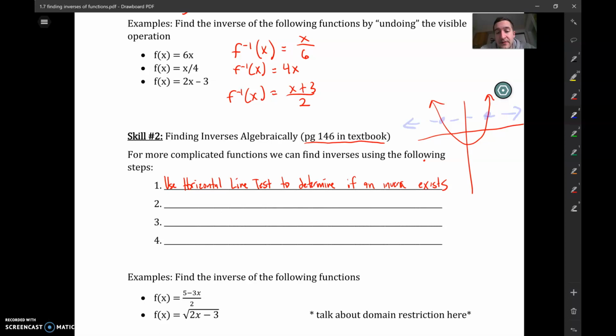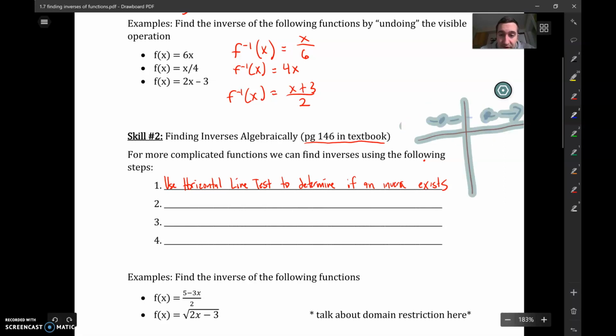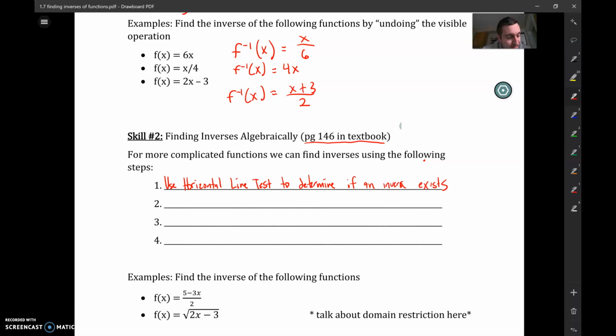Okay? So not every function has an inverse, but any function that passes the horizontal line test does have an inverse. So the first thing we need to do is give a little sketch and determine if it passes the horizontal line test. If it does, then here's the algebra that you use. You replace the f of x